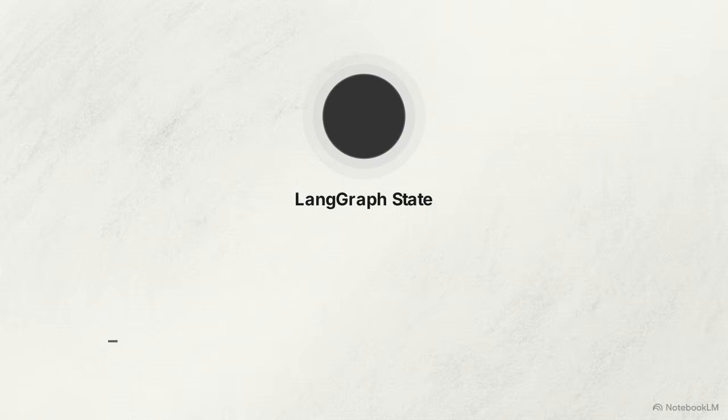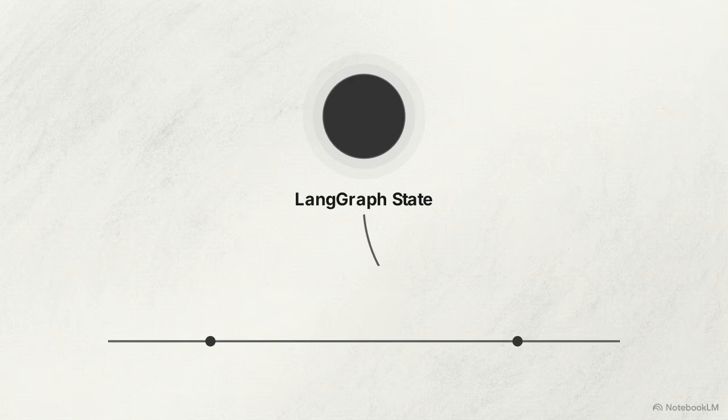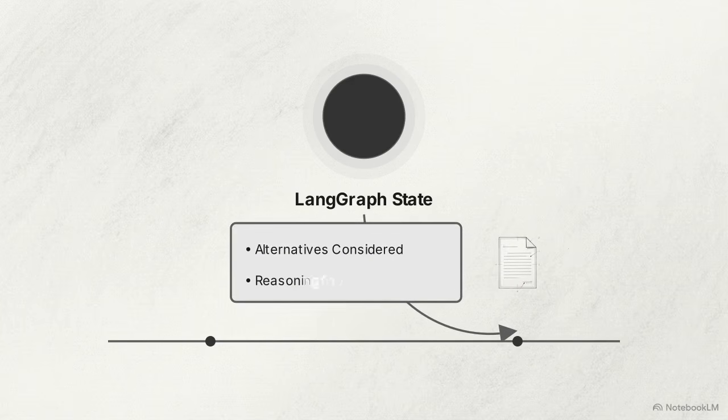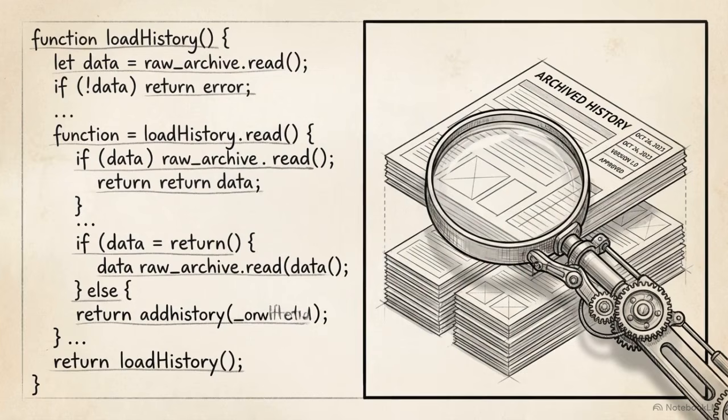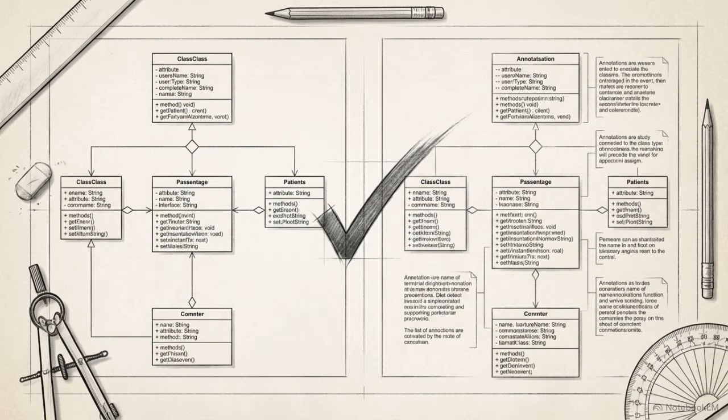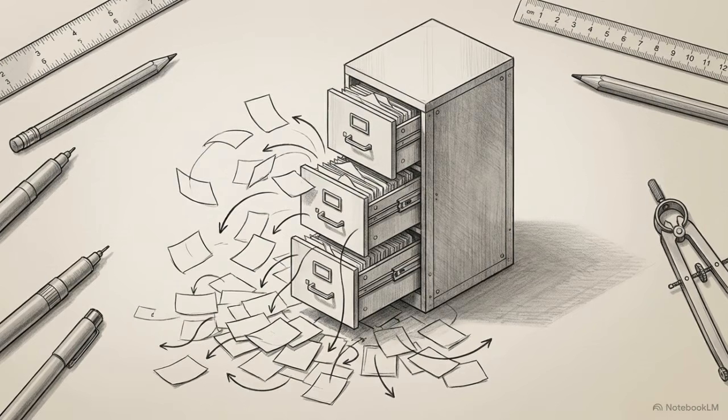Component 2, the Automated ADR Manager, uses LangGraph to maintain a persistent state. During a refactor, it populates a record of alternatives considered and the reasoning for the final choice. A legacy auditor agent then monitors new commits, flagging any code that contradicts the decisions documented in the ADR history. By enforcing visual blueprints and tracking state, the system keeps the LLM's output within the specific bounds of the original human intent.